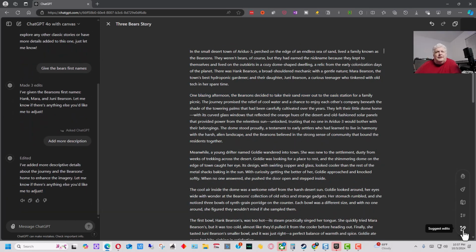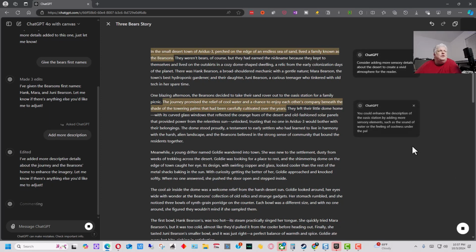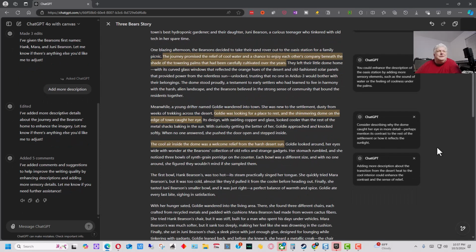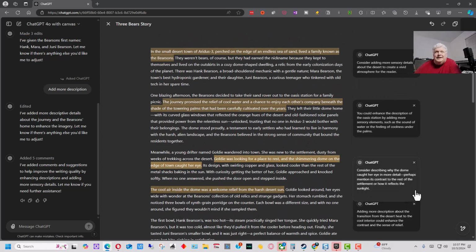In the bottom right, there's this little pencil down here. If we go down here, there are all these different icons, and the bottom one is suggest edits. If we click on this, it will actually go through the entire document and re-edit itself. So not only can we put specific edits in for the whole document or any paragraph or paragraphs in there ourselves, we can actually ask it to make suggestions. So it's like proofreading, and it's giving you a first draft, and it will actually help you write a second draft. And it will give you all these suggestions, and so it says, consider adding more sensory details about the